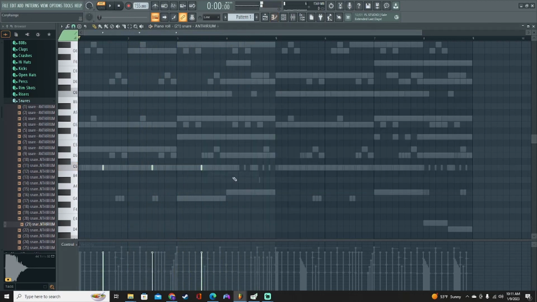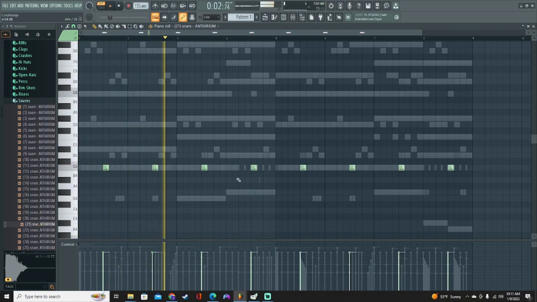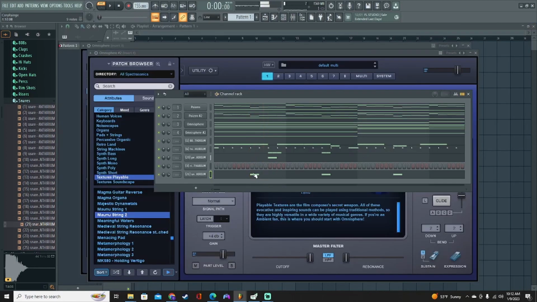Coming to the piano roll, and the way I'm moving these notes like that, I can go from that to that, pressing Shift D, highlight, Shift click and drag. All right, now we can come into the